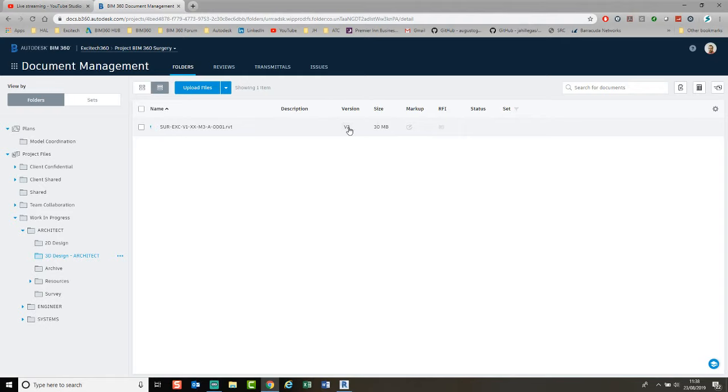So usually, it will come in as a version 1. You'll see the size and it's starting to come through. You can click it and you will see that it will probably start, but you will see it's processing. So it does take a little bit of time, but that model is processing and will start to show in BIM 360. So I'm going to close out of that,